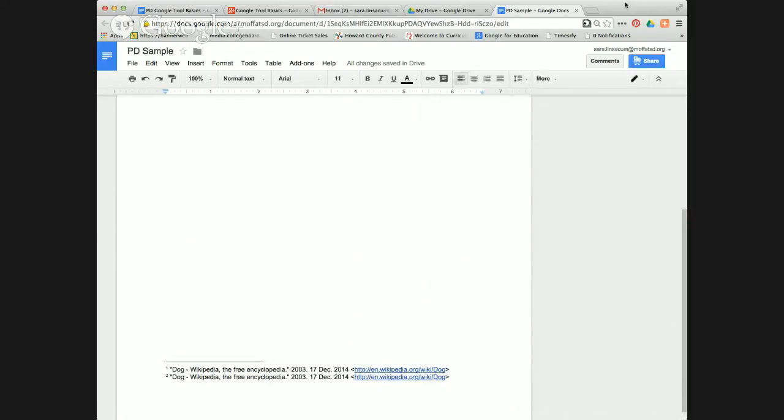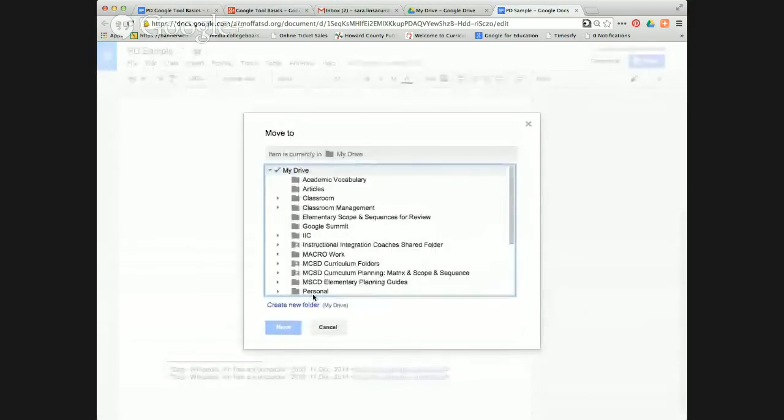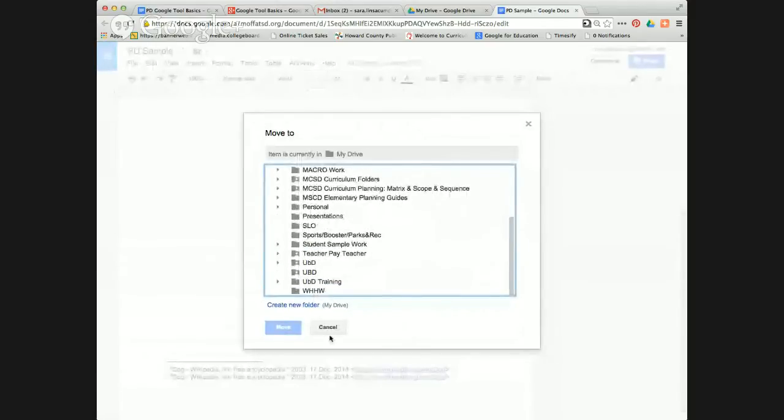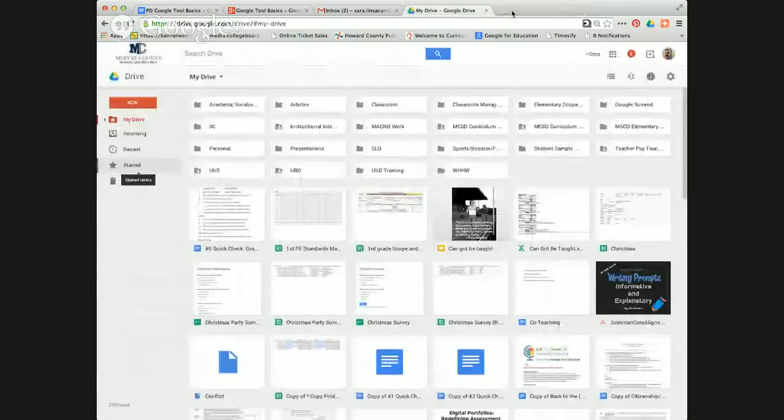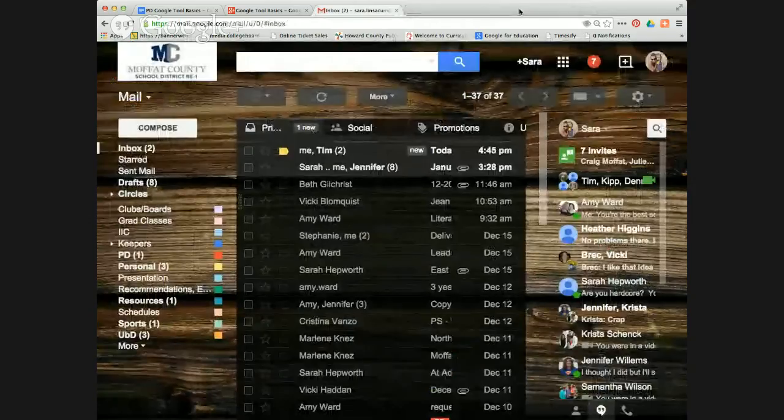Okay, so those are the basic share features. And again, if I want to move this into a folder, I can click right up here on the folder, and I can choose which folder I want it to go into. I need to be better about that. Okay, I'm going to click out of Drive. I don't have very much time left, so I just want to give you a quick preview